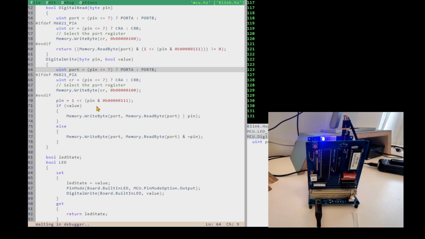And then based on whether the value is true or false, it'll either set or clear that bit using memory read and memory write. These APIs can read and write the entire 64K of the 6502 memory. Anyhow, there you go. Hopper configured and up and running on the